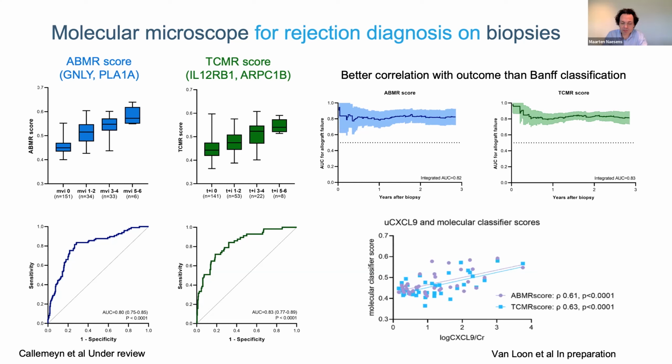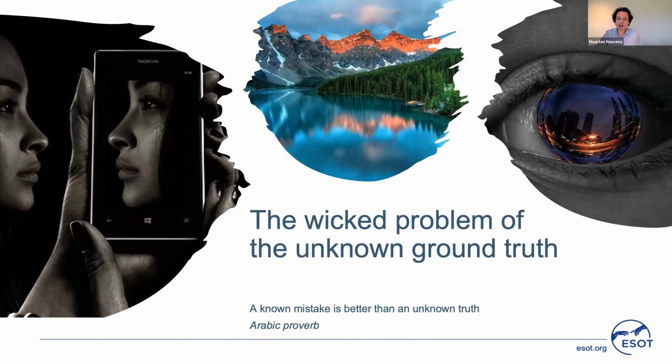And then Elisabeth has been able to show that these molecular microscopical features, these 4 genes within kidney transplant biopsies, correlated better with the expression of urinary chemokines of these same patients, illustrating again that the newer tools and the molecular microscopy could be more powerful in evaluating the severity of rejection than the current Banff classification, which is not primarily doing that. So this brings me to my last slide, where I think that with the current Banff